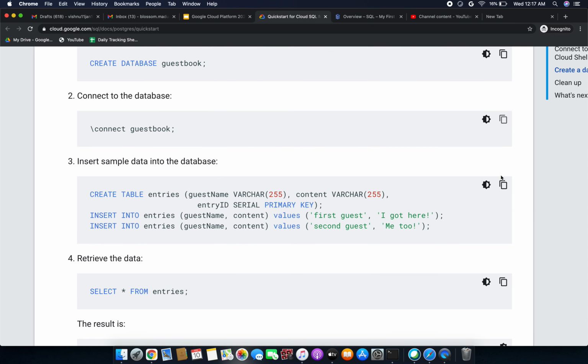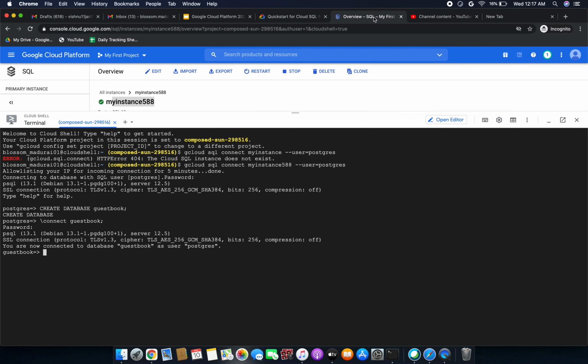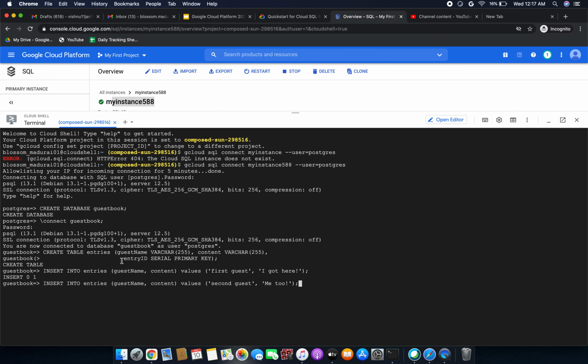Then we have to insert the sample data into the database. So just enter this. We have created the table named entries, and we have given the variables, and we are inserting two rows in the table. We have given the values, first guest 'I got here', like that.